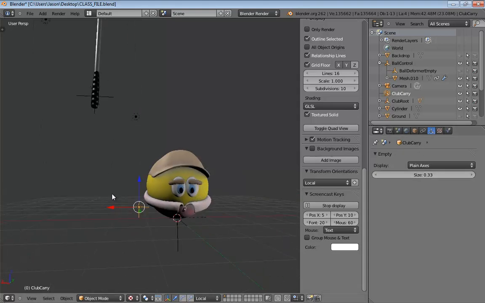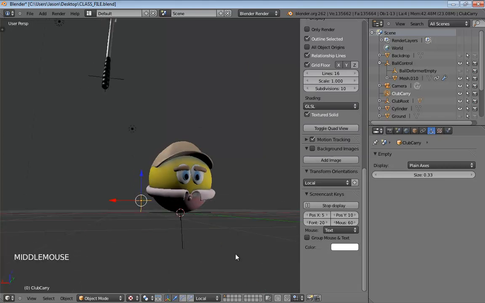Very, very simple. Okay, now we need a club swing system. We need a way to make this club swing. This is actually going to be a couple of different locators. Now, with my 3D cursor still at the center of the scene, and if it's not, if you've moved it, bumped it, or randomly clicked and placed it somewhere, make sure you hit Shift-S and put that back at the center, which, again, should be at the base of your character.